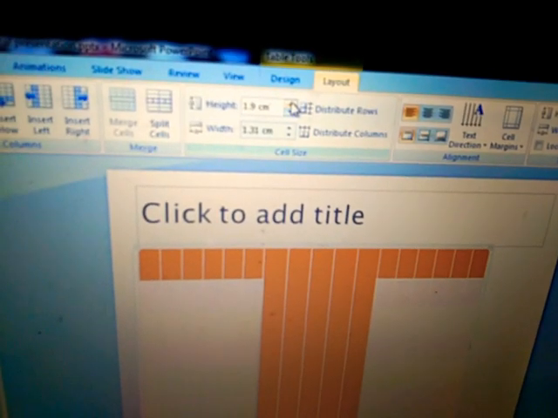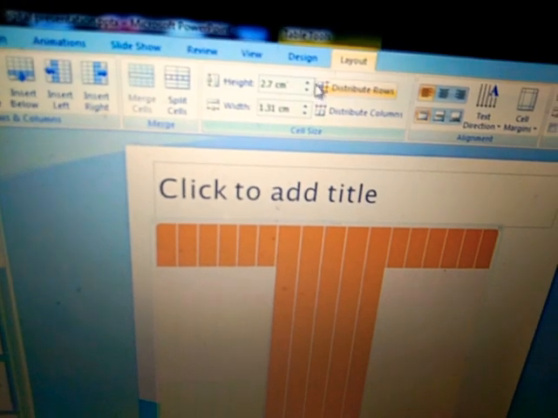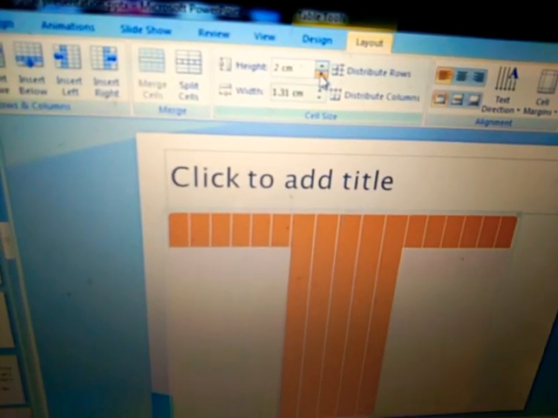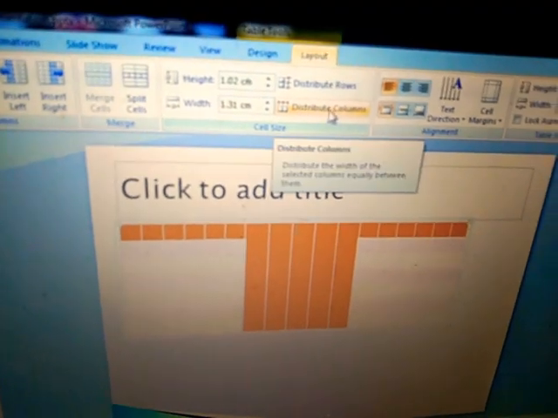If you want to increase or decrease the height of any particular cell, then you will click on this height option of the particular table, then click on this one. If you want to decrease, then click on this down arrow, and same with the width, you will do it from here. This height and width is used if you want to change the height and width of any particular cell. Now we have so many other options like Alignment; I think you are already aware of these options.